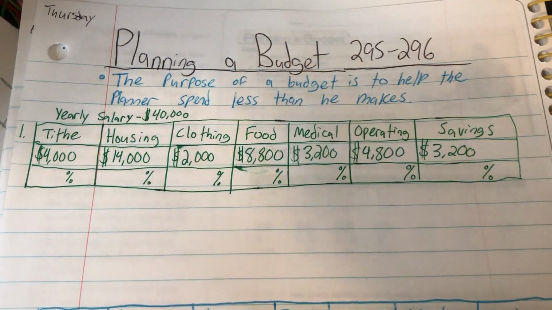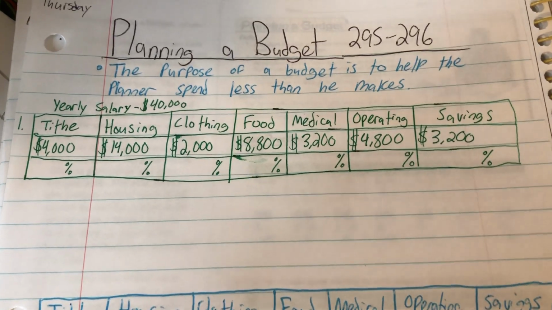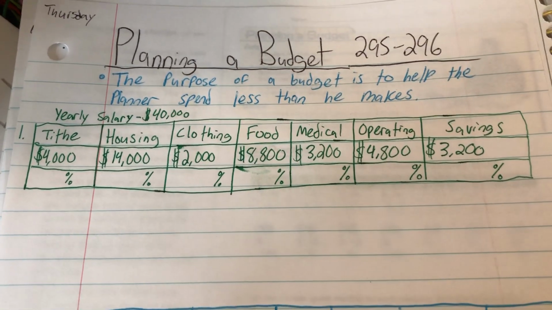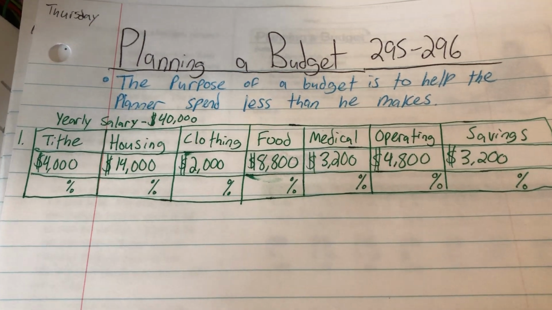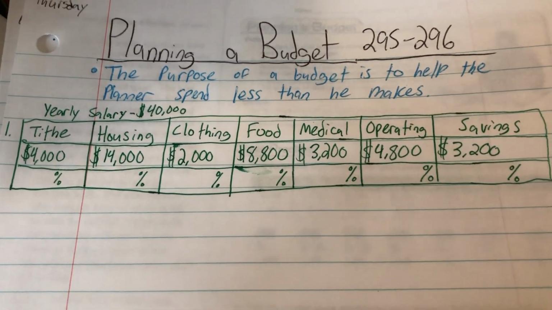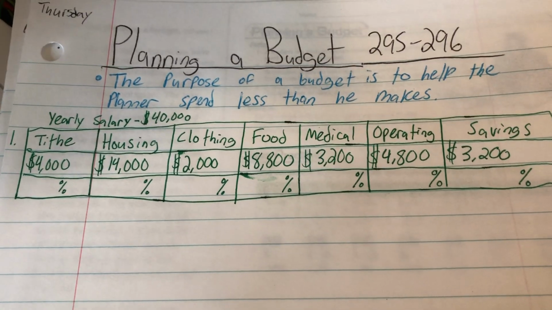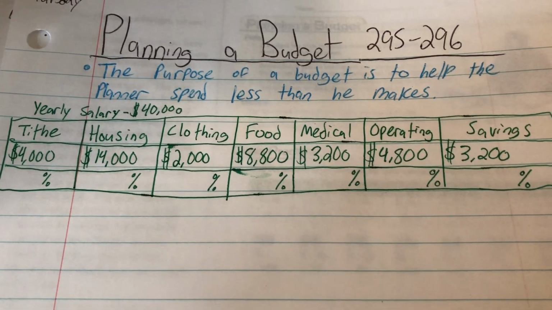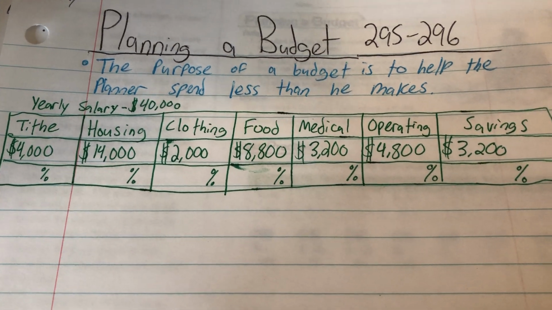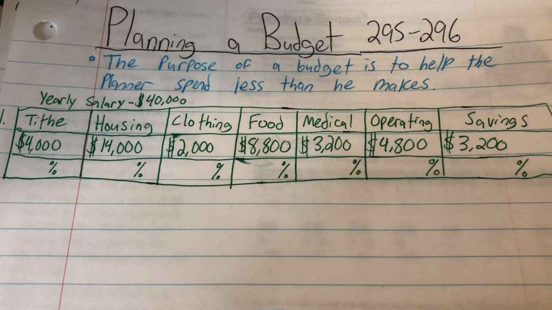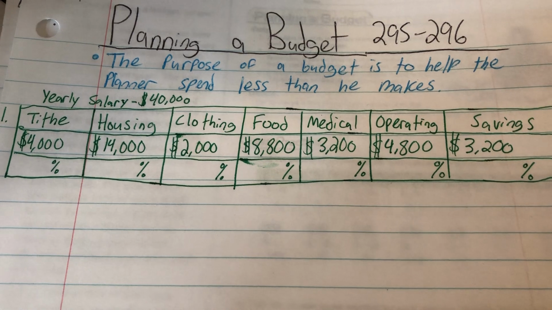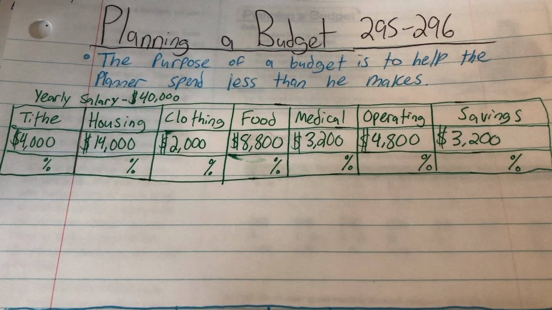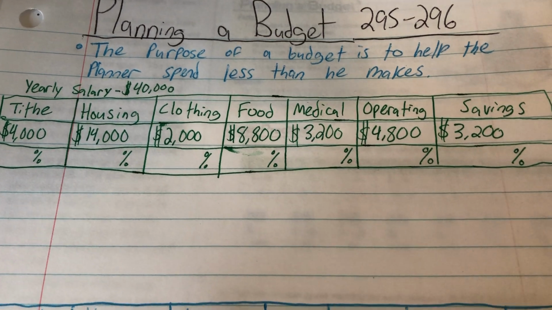Today we're going to be talking about planning a budget. This is going to cover pages 295 and 296 in your textbook. So the purpose of a budget is to help the planner spend less than he makes. So you would have to figure out how much money you make, whether that's for a week, a month, a year, whatever, and then you would have to plan out things that you have to spend money on, your bills, things like food, things like that. And so then you would be able to plan for things you want, like your savings,